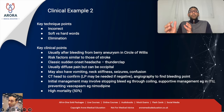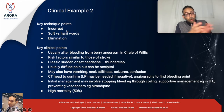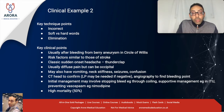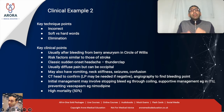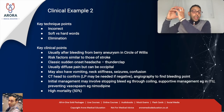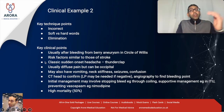So from this question, technique points: pick up the word incorrect, because that can change the whole way that you look at that question. Notice soft versus hard words. Remember, a soft word makes a statement much more likely to be true. A hard word makes it likely to be false because of the 100% nature. And then you can use a process of elimination, but you can only use process of elimination when you haven't got the knowledge there, if you work out all the technique parts of a question. Of course, there are key